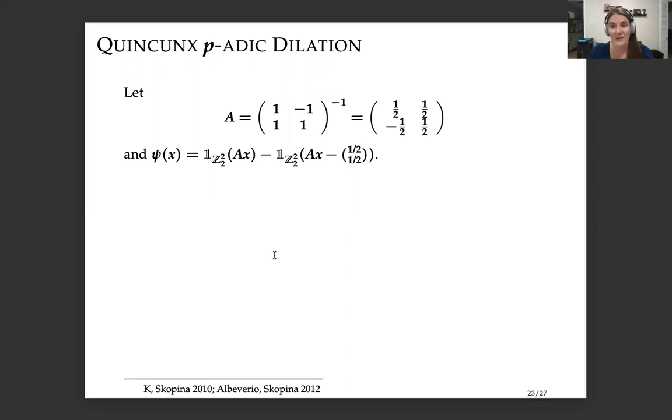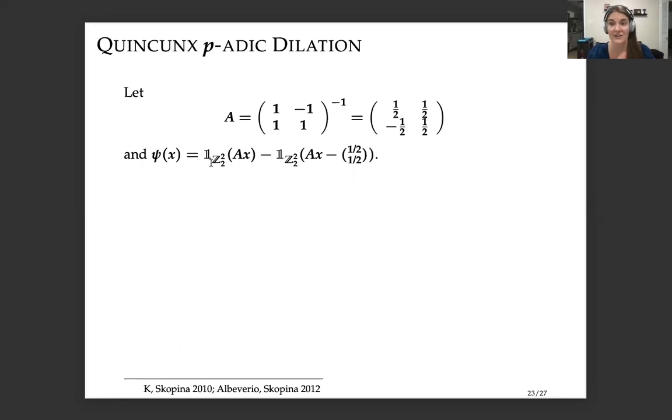Also 1 and -1, those are numbers that are in every field. And so you can use this matrix to do things in lots of different regimes. And so I'm just going to look at the inverse of that matrix. And I'm going to define a wavelet that should look a lot like the Haar wavelet, but now I'm taking